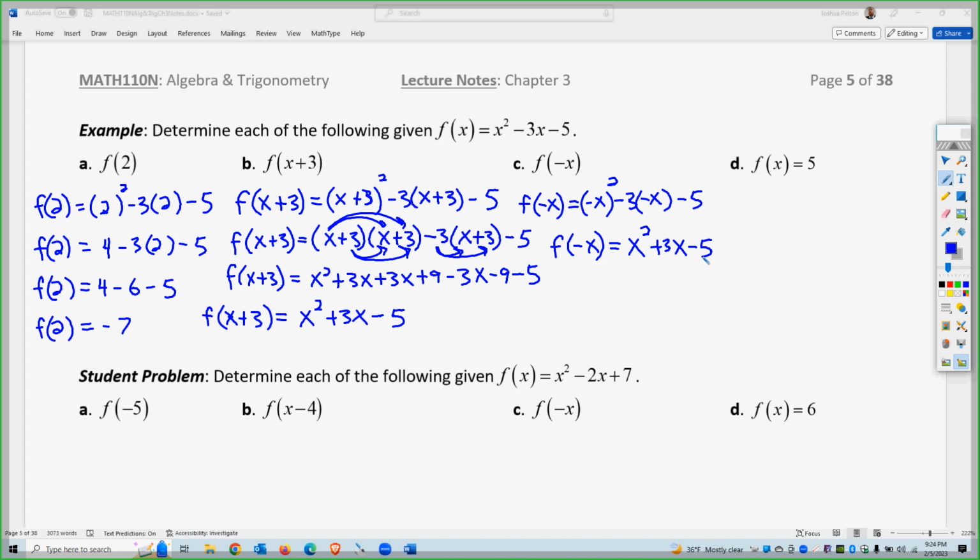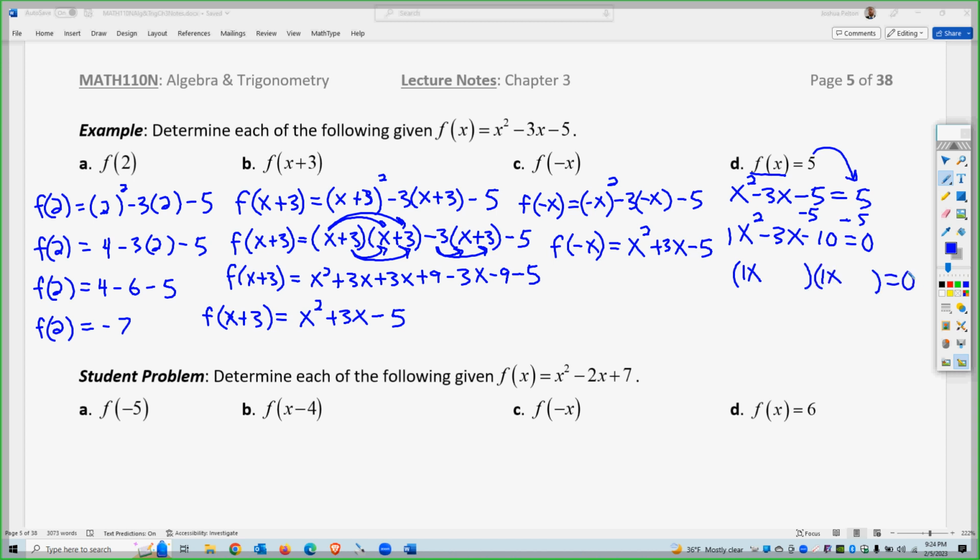Okay, well, let's say I know the outcome is 5. We already know what f of x is. f of x is x squared minus 3x minus 5. So that was already given to us, and I'm just taking it and setting it equal to 5. So x squared minus 3x minus 10, if I move the 5 to the other side. So it becomes a factoring problem where that's 1x